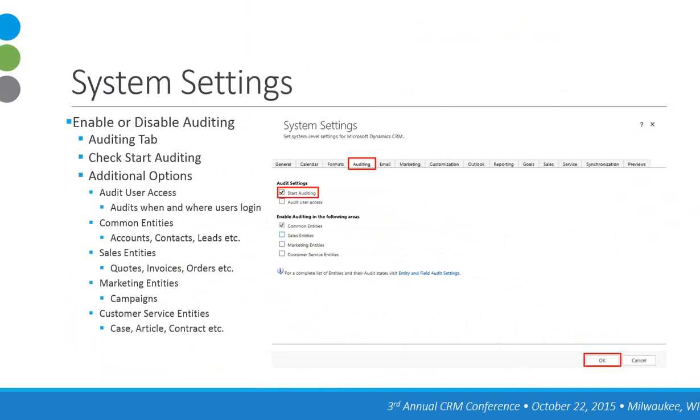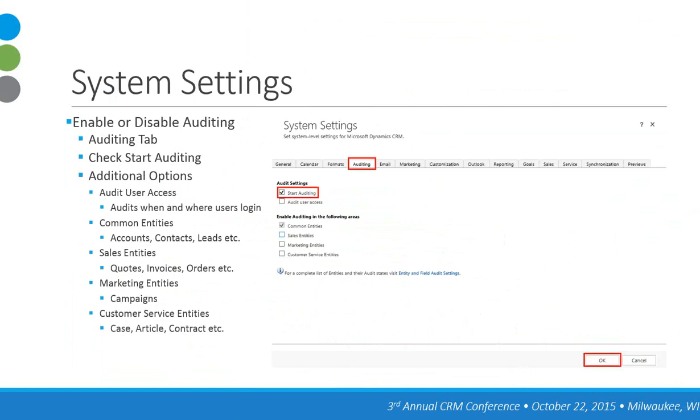And this is, again, in the system settings, it has its own tab called auditing. There will be a checkbox for start auditing. You'll want to check that. And then you do get some additional options that are optional here, such as auditing user access, so you can actually audit when your users log in and from where. And then you also get some special options for certain modules in the system. So for example, the sales entity